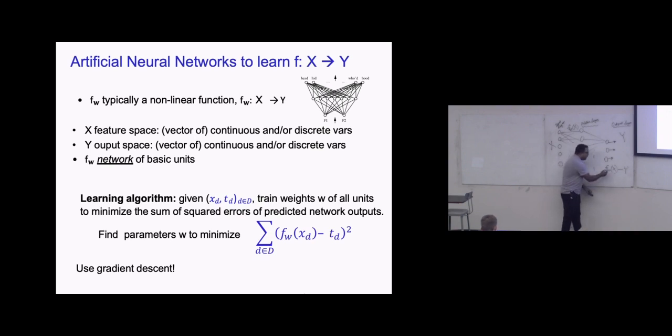If this is always equal to y, then we have a perfect learning. That doesn't happen most of the time. And initially, with random weights, we'll not have something like this, where this is 0. But our goal is to minimize this squared loss. And the obvious question is why squared? You probably know the answer by now. What is that? It's convex. It's easy. Square functions are easier to optimize. We can do gradient descent on them efficiently.